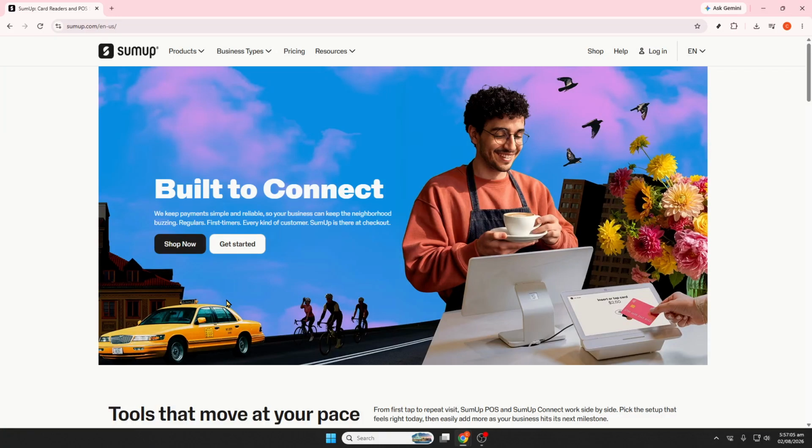In today's video, I'm going to teach you how to transfer money from SumUp to a bank account. To get started, open the SumUp app on your phone and log into your account. Once you're signed in, the first thing you'll want to do is check whether you actually have funds available to